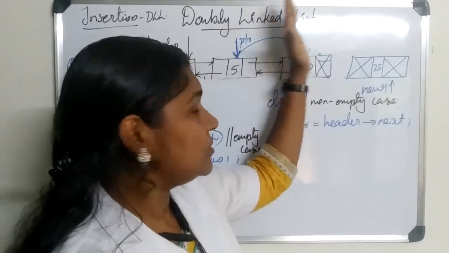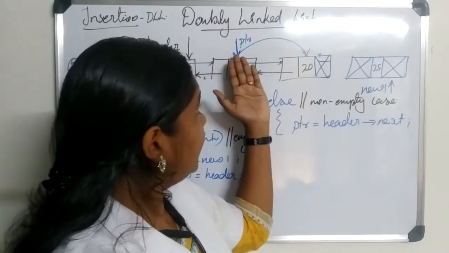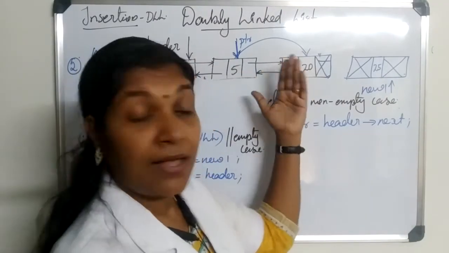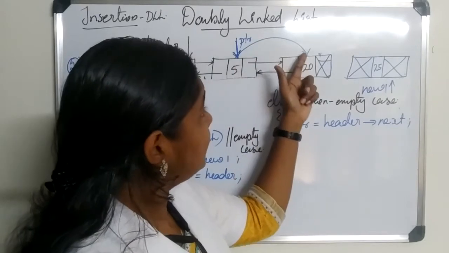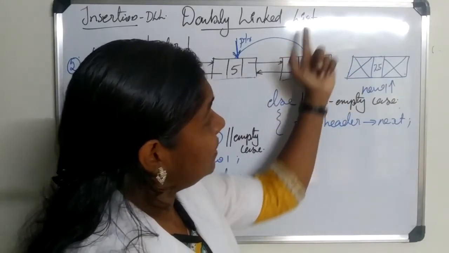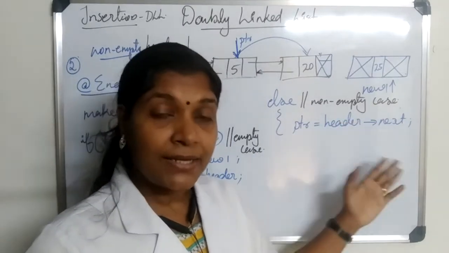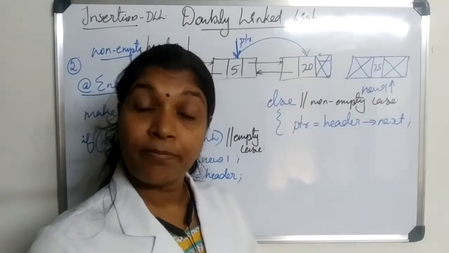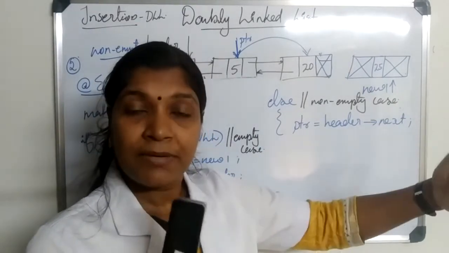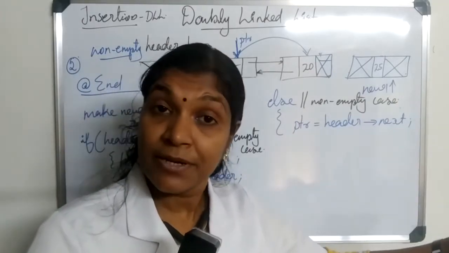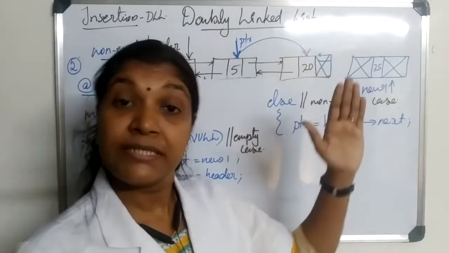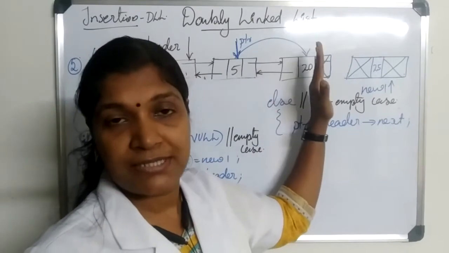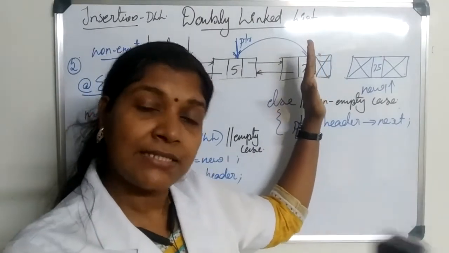So it is normally used in the case of insertion and deletion. Then if we are providing while ptr not equal to null, we would be coming out of the loop when ptr is pointing to the empty location after the last node. So that loop is normally used in operations like display, summation of elements or copying. Whenever we need to consider all the elements present in a linked list, including the element of the last node, then we need to provide ptr not equal to null. But if we want to stop our traversal on reaching the last node itself, then we need to provide ptr dot next not equal to null.